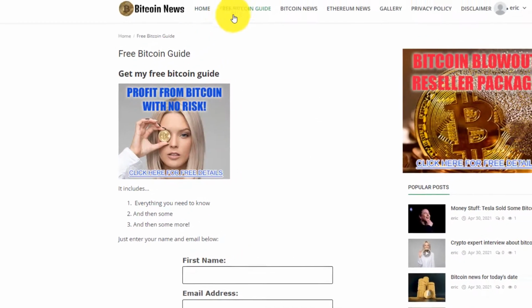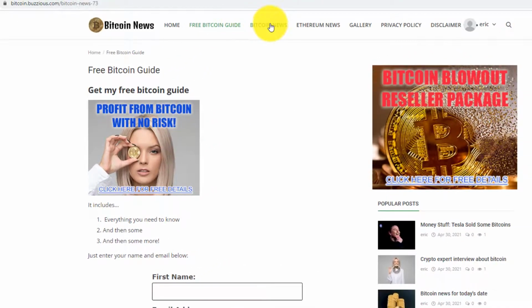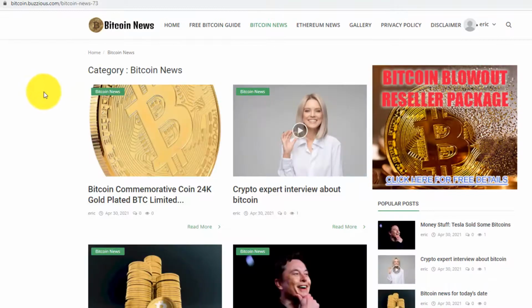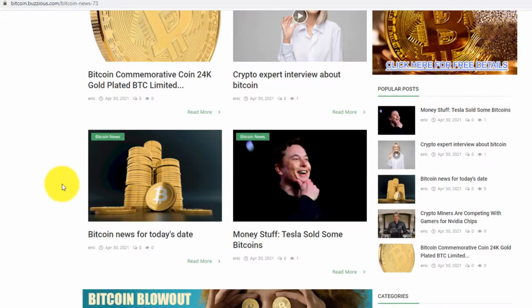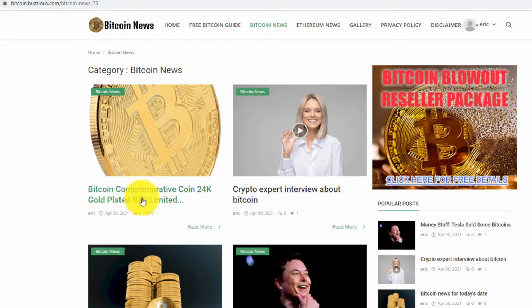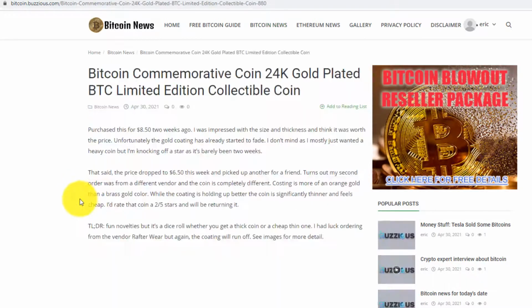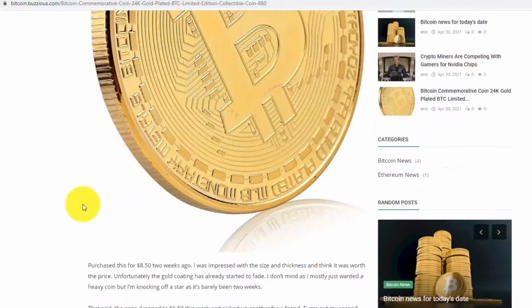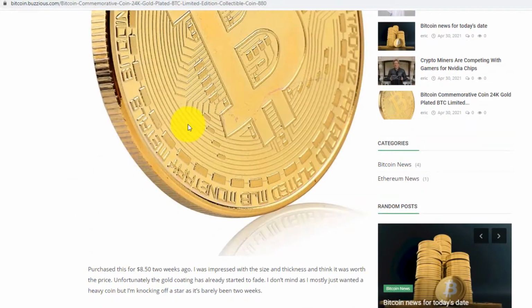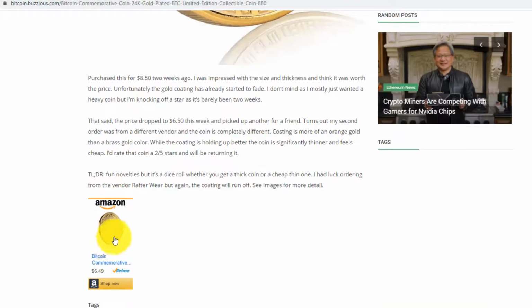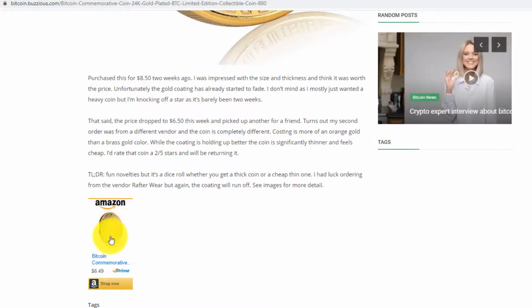Now if I go back to the website and click on this Bitcoin News category, you'll see that along with my other articles that we've added so far, we now have this affiliate review article. So people looking at news are also going to see this article for the Bitcoin commemorative coin, 24K gold plated, on Amazon. And if they click this Amazon link, then I'm going to earn commissions